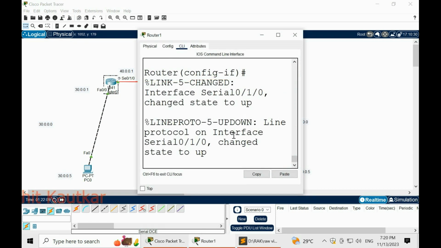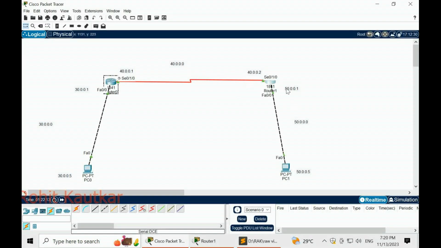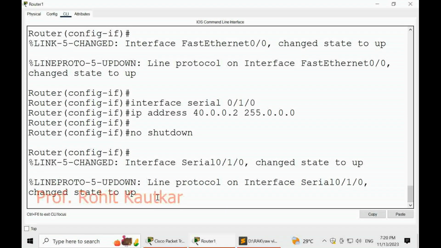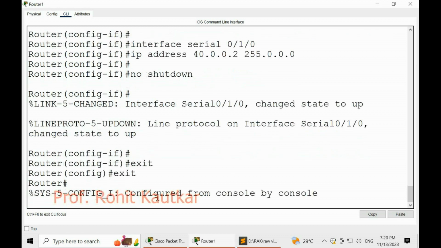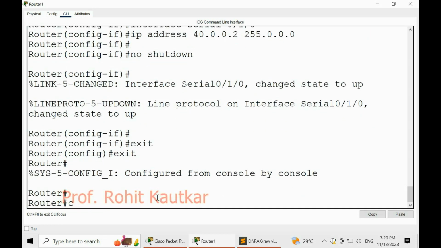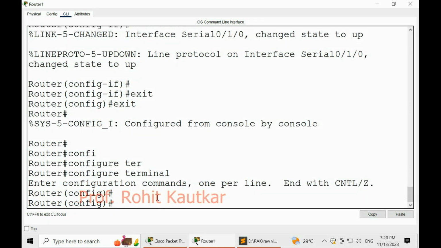Now we will go to the second router. Here now friends, you learn this router is connected to two networks, or it is part of two networks. First network is this one, 50.0.0.0, and second network is this one, 40.0.0.0. So here I will specify configure terminal.